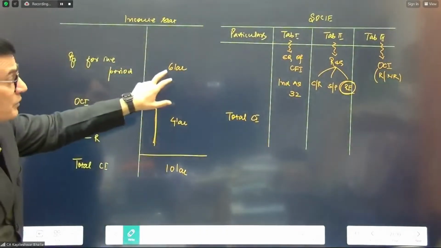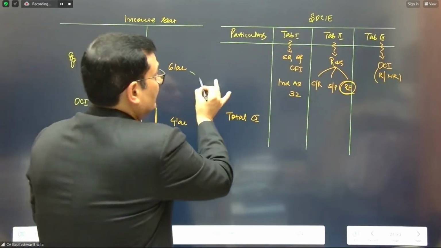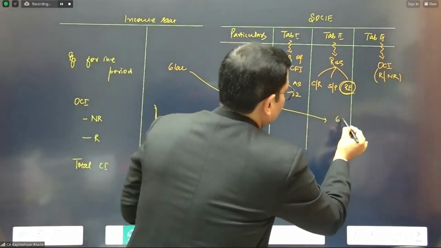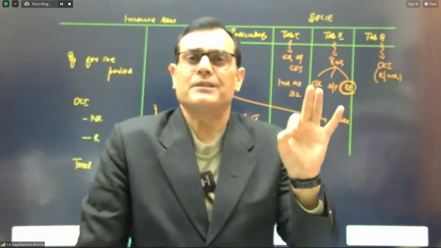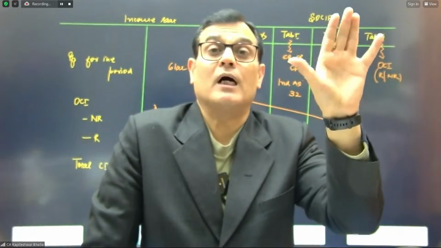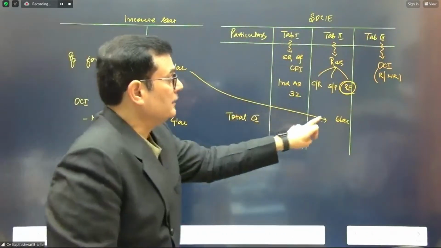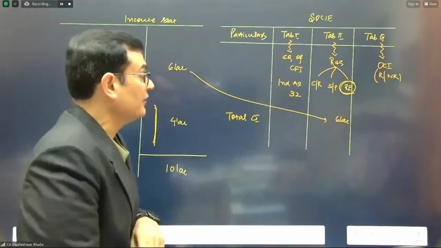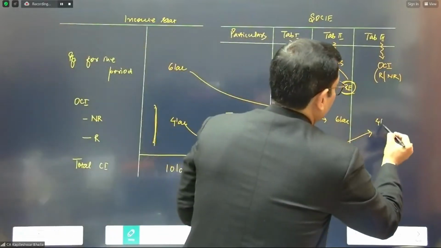Now, this 6 lakh, which is the profit for the period in the P&L section, is going to be taken as a part of the retained earnings, tab 2. Whatever enters in the profit for the period is always taken in tab number 2, RE. This amount is always taken in terms of the retained earnings, and that 4 lakh rupees is going to be taken in tab number 3.